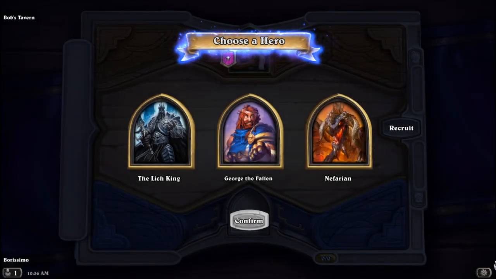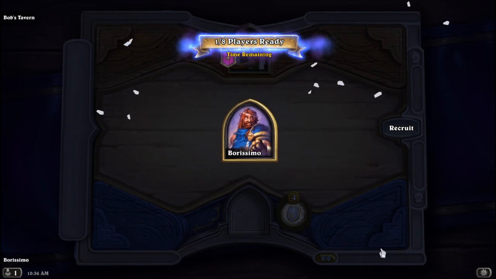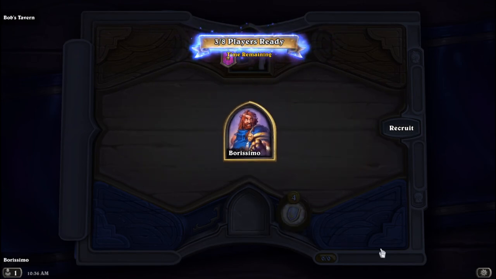Okay, no new heroes, but I do want to play with George again. I do want to try this strategy of making your own poisonous Murlocs with Divine Shield. This way you can have a Divine Shield with poison without having to rely on finding an Amalgam, which is previously the only other way to...